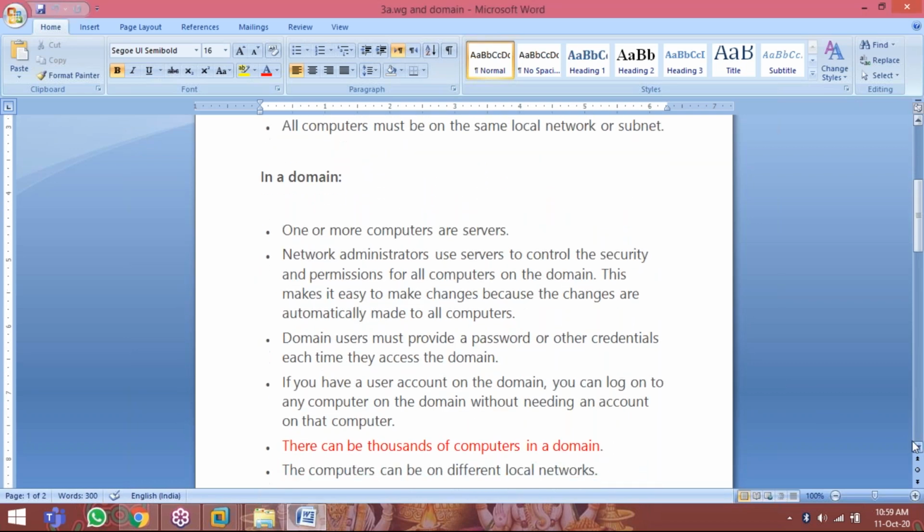What is a domain? One or more computers or servers. Network administrators use servers to control the security permissions for all computers on the domain. So as a domain administrator, you can control everything: 100 computers, 500, 1000, 2000, whatever it may be.